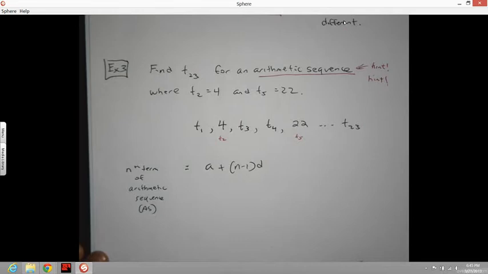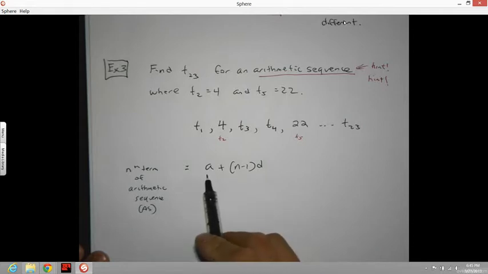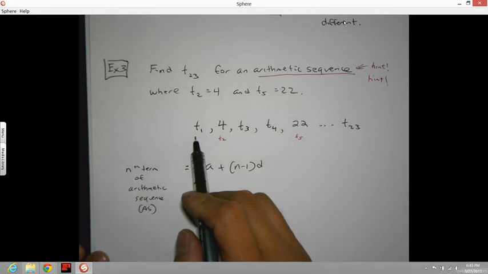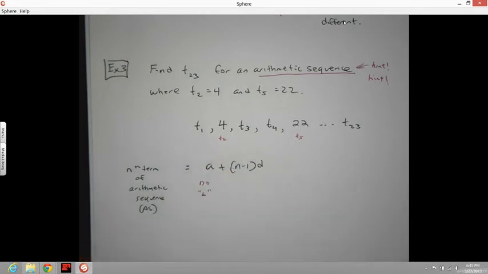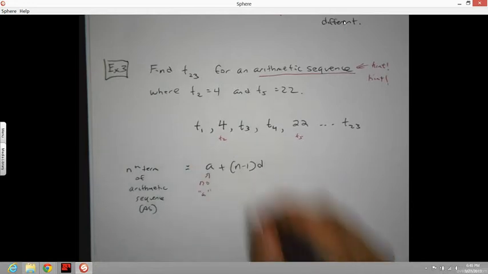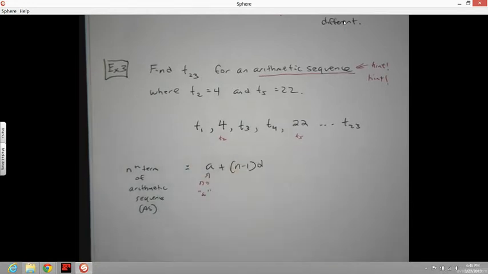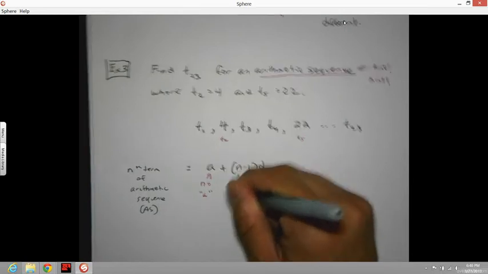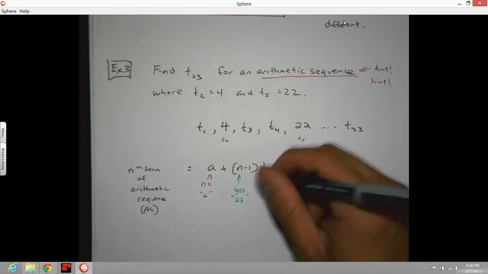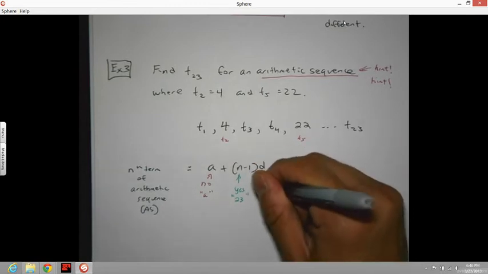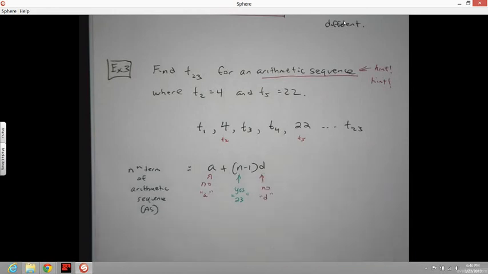Or maybe not. Which one of these letters do I really know? Do I know that one? I don't know a. So T1's not going to work. So I'm going to write down here, no a. Do I know n? Okay, the answer for this one is yes, it's 23. Right? And then this one right here, do I know this one? d. And the answer is no d either. So you're thinking, man, Cito, thanks a lot. I'm running into a brick wall. I do not know what